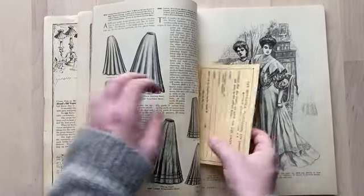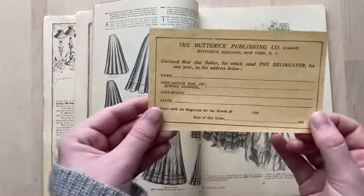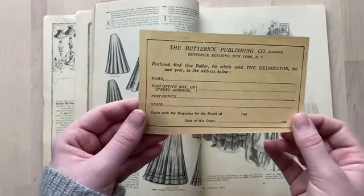Oh, look at this. I love finding things like this. This is a little card you could send in if you wanted to